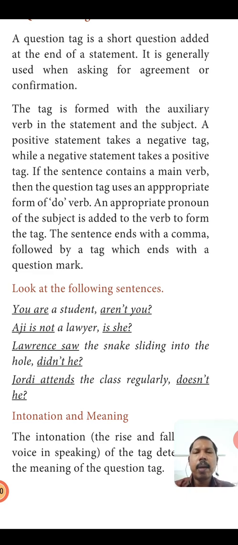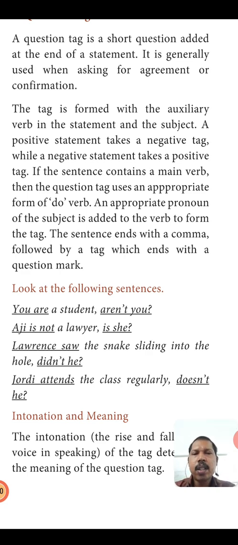If there is no helping verb in the statement, then we have to find out from the main verb. If the main verb is written in past tense, simple past, we have to use did. If it is written in simple present, you have to check whether it is do form or does form. Do form, in the sense, for other than third person singular, we use do form. What is third person singular? He, she, it. For he, she, it, we will be using does form.